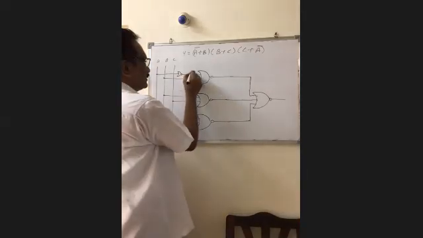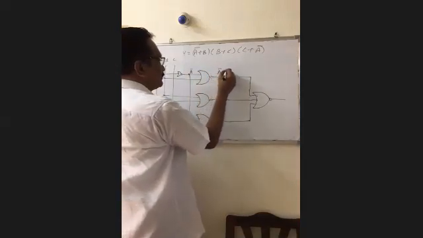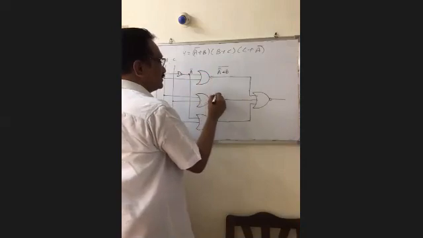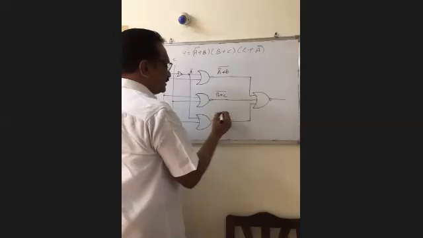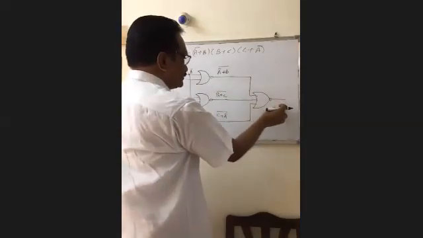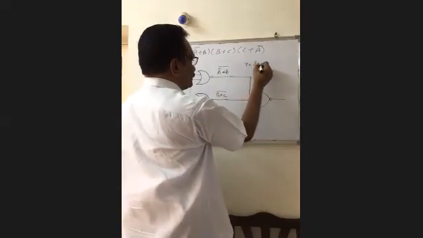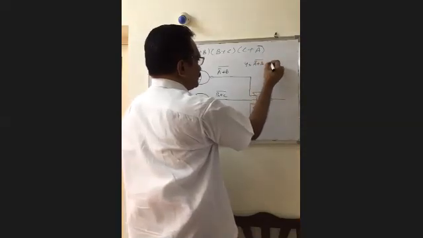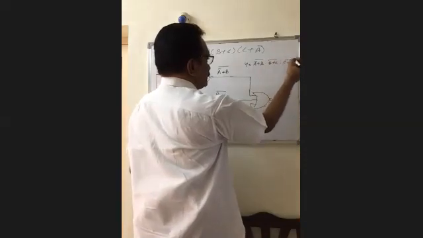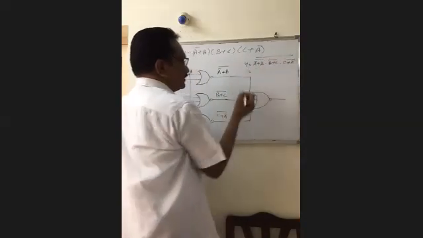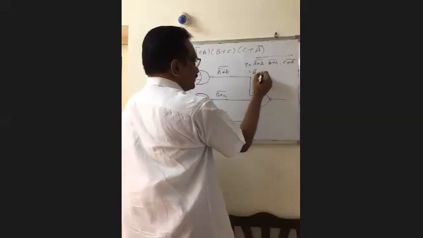So what is the output of this gate? A bar plus B whole bar. This one B plus C whole bar. For this one C plus A bar whole bar. So what is the output of this one? And the Y is equal to A bar plus B bar into B plus C bar into C plus A bar whole bar. So according to the De Morgan's theorem, it can be rewritten as A bar plus B multiplied by